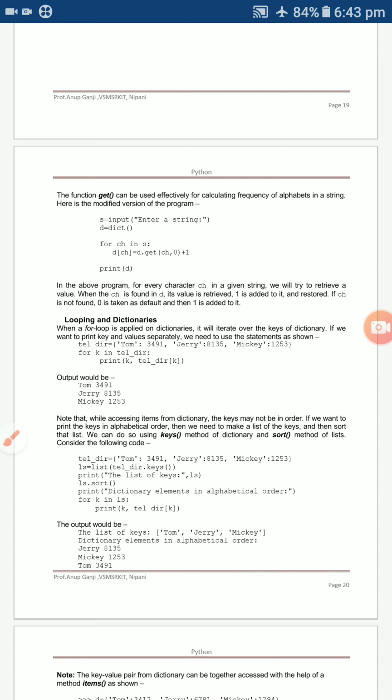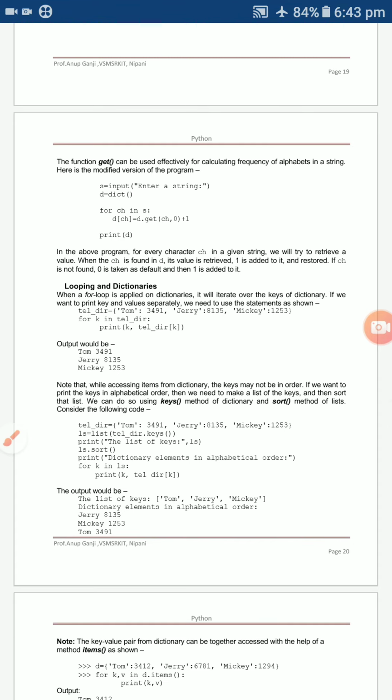Then last, I'm using print d, so it will display your proper output. Here, for each character in the given string, try to retrieve the value. If the character is found in the dictionary, retrieve the value, add one to it, and restore it.